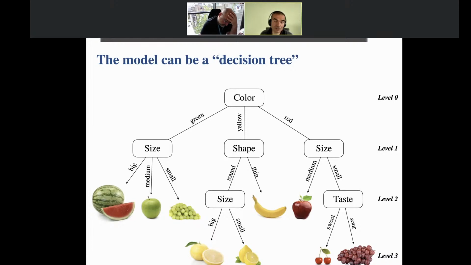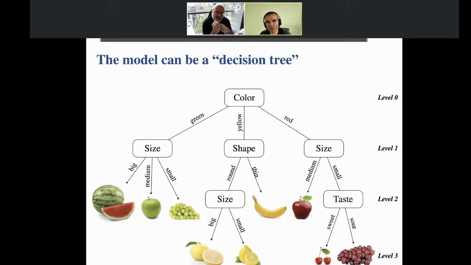Is it green, yellow, red? And then according to the color that it has, I'm going to check whether I want to classify it based on the size, based on the shape, or again, based on the size if it's red. And then I can decide whether it's big, medium, small. In that case, I would have a watermelon, an apple, or grapes for the green fruits.